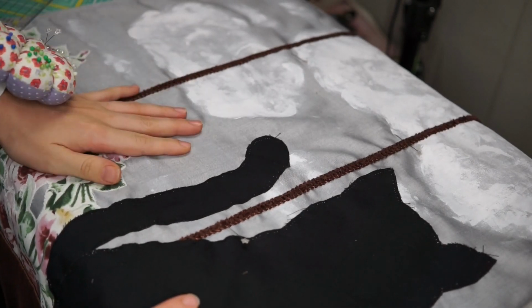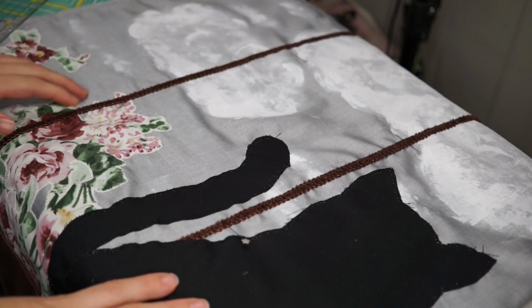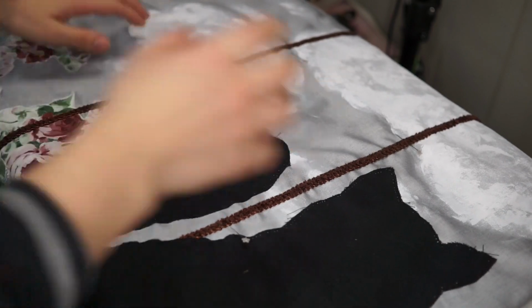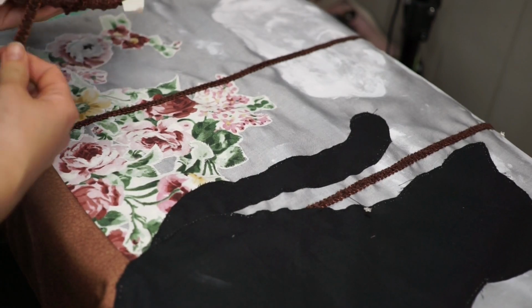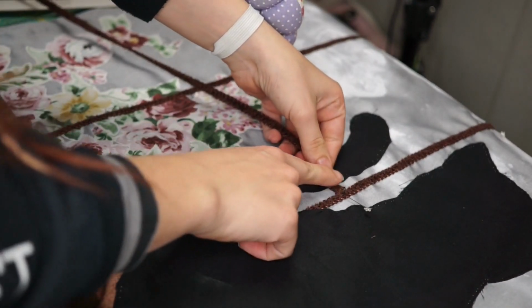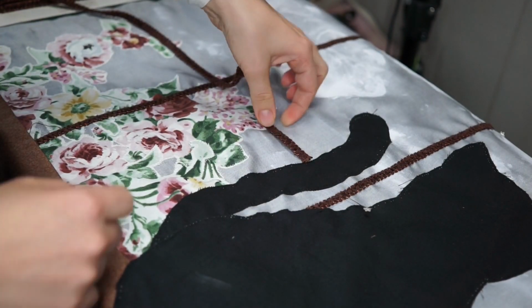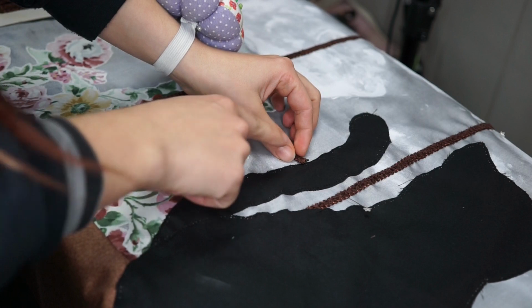The clouds have dried and are fixed by ironing. I have added the vertical window bars and the cat, and now I've noticed that I've made a mistake in which step has to come first, because now I need to add the horizontal strips, and of course they need to go behind the cat. I ended up opening the seams of the tail and part of the cat so I could attach the ribbon